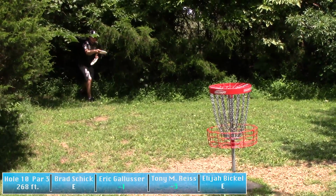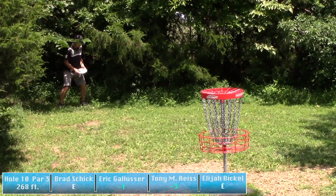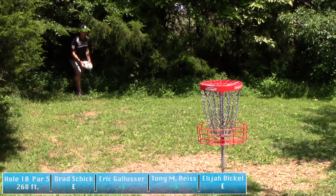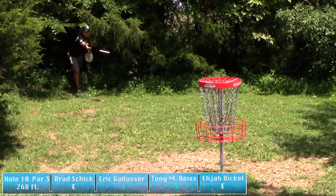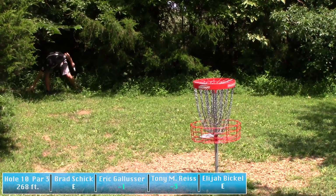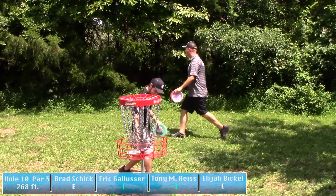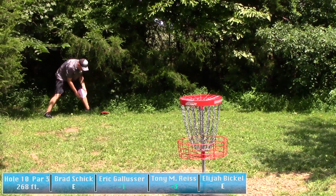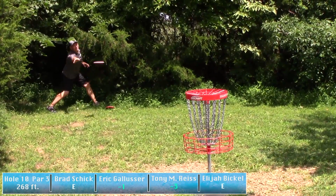You're a little bit sheltered from the wind here as we go into some more wooded holes. So it definitely helps get your confidence up in the putt. Elijah's got a little bit of shrubbage in his stance, coming back down the hill, but no problem. And he's happy about it. Yeah, he conquered the shrubbage. It is a word, I promise. Good